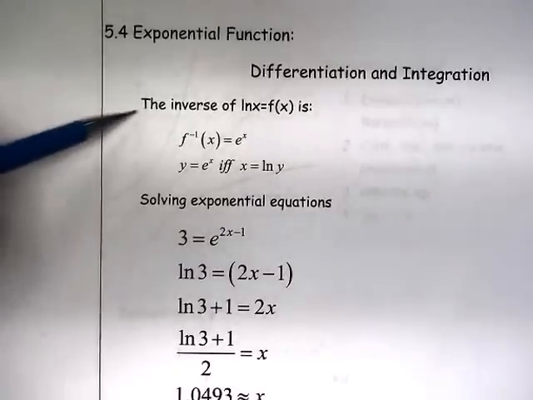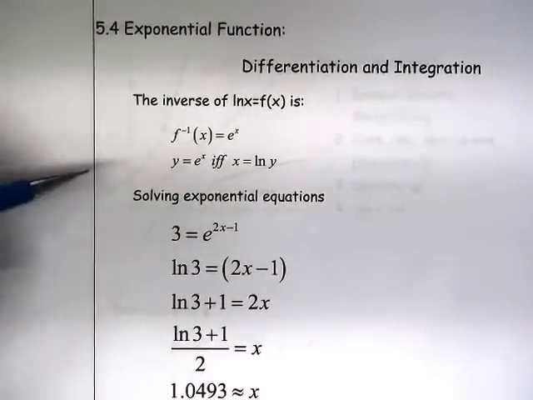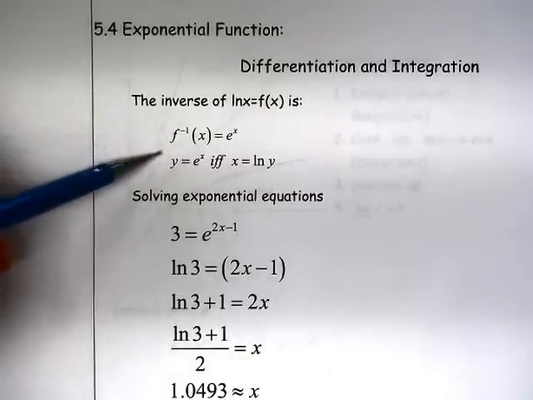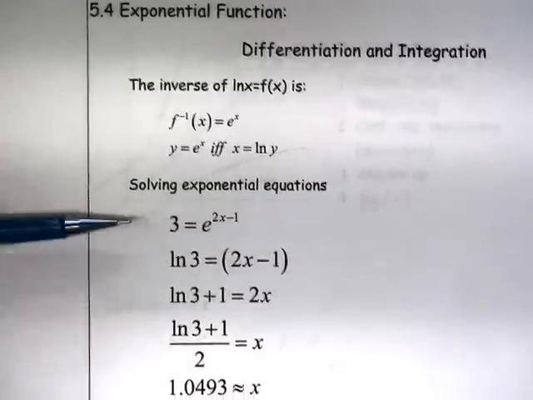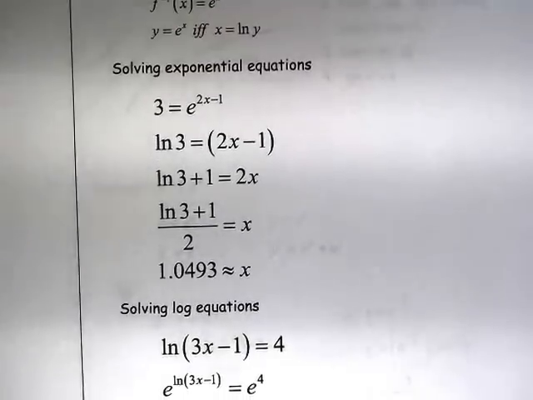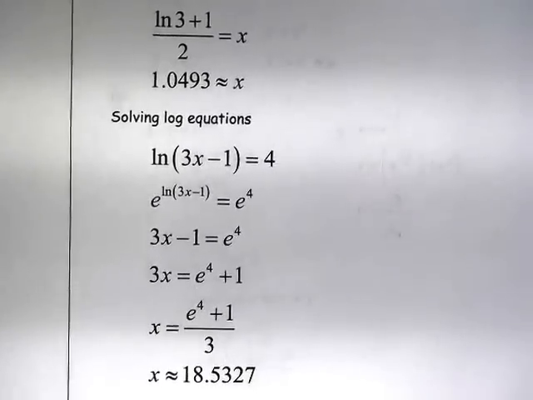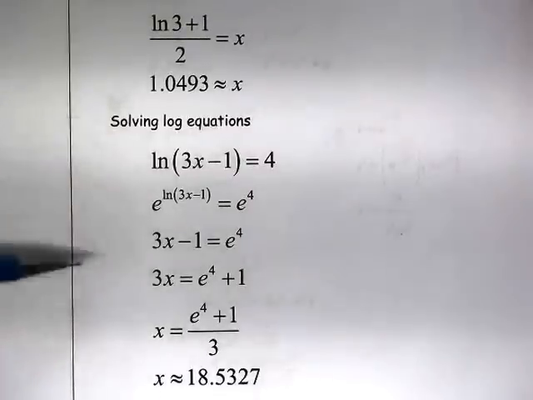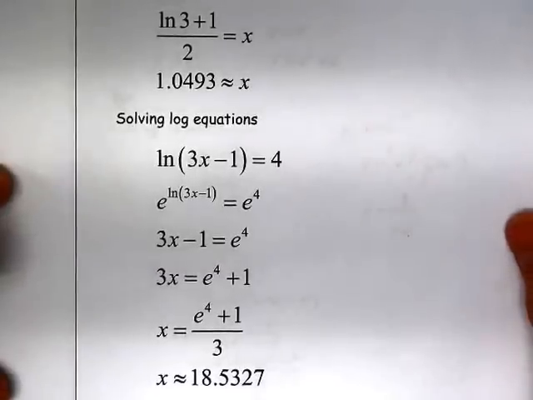So the first page and a half is kind of an Algebra 2 / pre-cal review. It's just kind of a refresher in terms of, e to the x is the inverse of natural log of x. Maybe one example here of how to solve an exponential equation, and then an example here of how we can solve a logarithmic equation. So you should look those over and make sure you understand those before you move on, because we're going to use some of those properties and those strategies later on